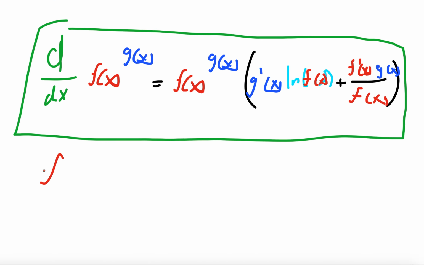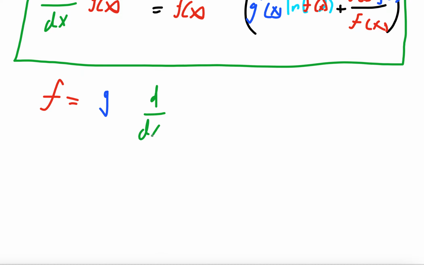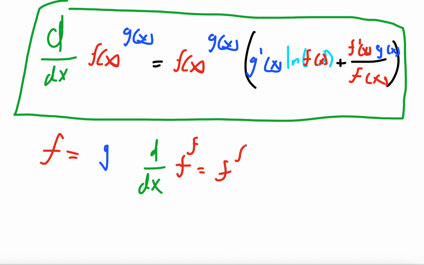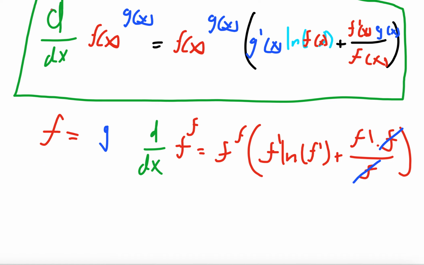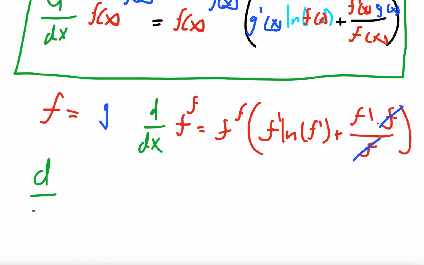So if f equals g, right, then the derivative of f to the f with respect to x, like this, is equal to, well, we have f to the f by that formula, times f prime log of f, and we add that to f prime times f over f, right, because these are equal, which means we can cancel out the f's over here and factor out the f prime, and so the derivative with respect to x of f of x to the power f of x, so it's that function f to its own power, to its self power, is equal to the derivative of f, so it's f prime of x,